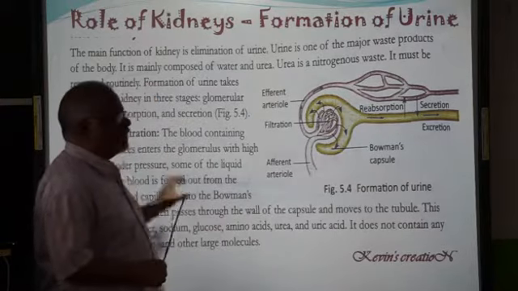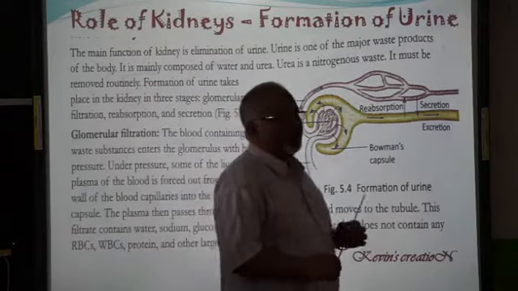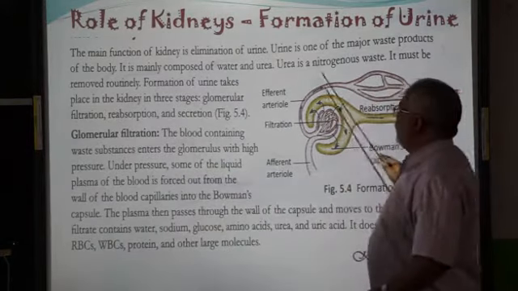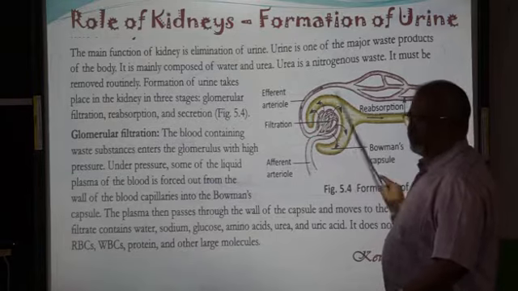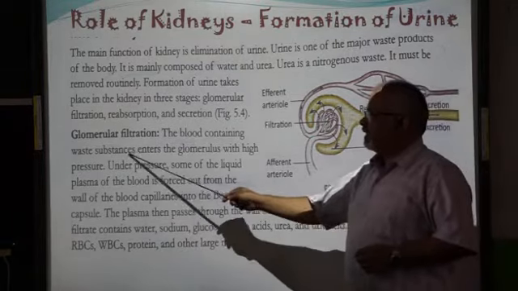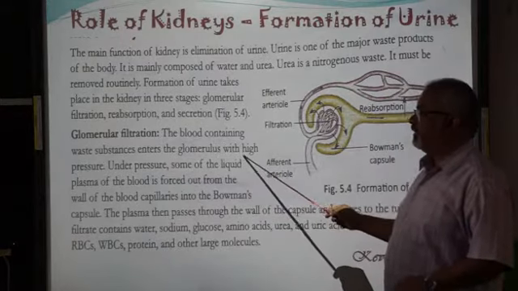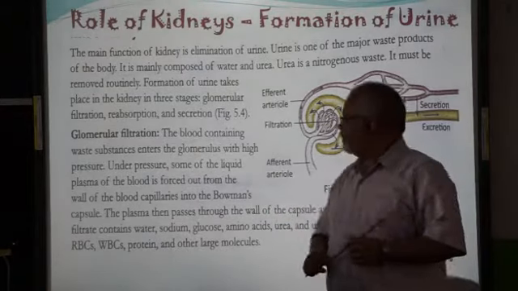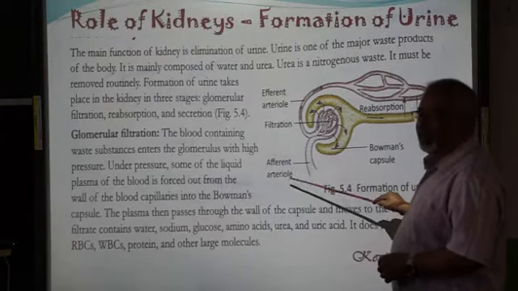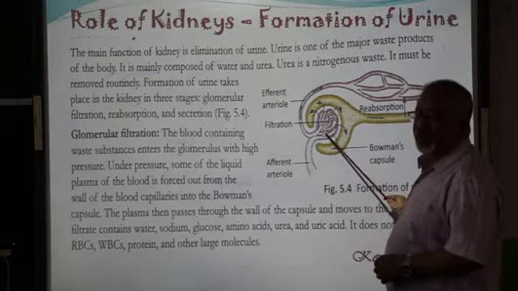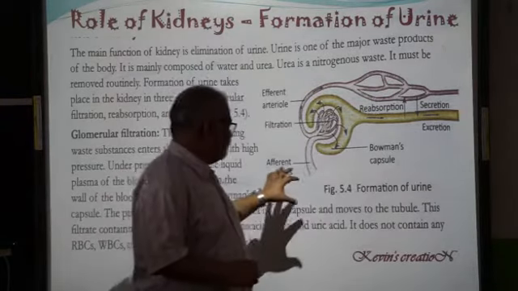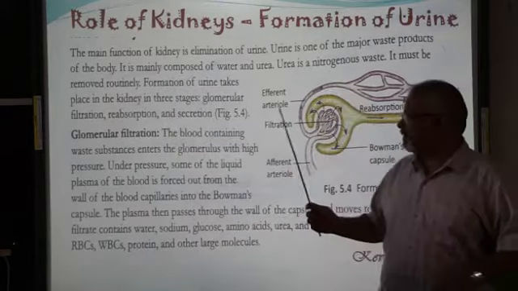The first one is glomerular filtration. As the name suggests, filtration takes place in the glomerulus here, okay, in the Bowman's capsule. The blood containing waste substances enters the glomerulus with a high pressure. So once the blood comes through the afferent arteriole, with a great pressure it comes inside, and because of that pressure what happens? Since the blood is coming in for filtration,